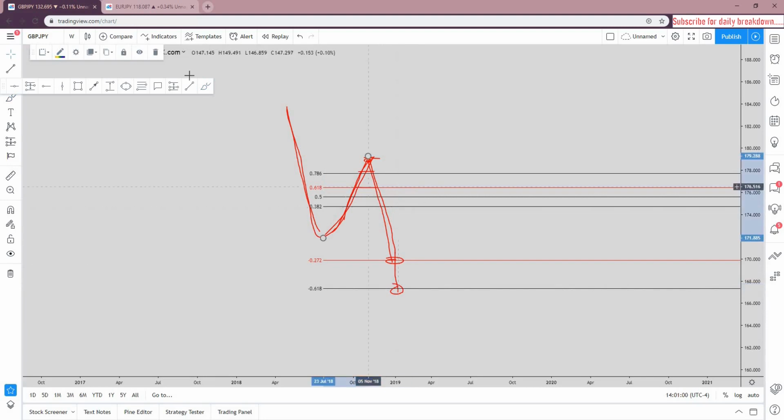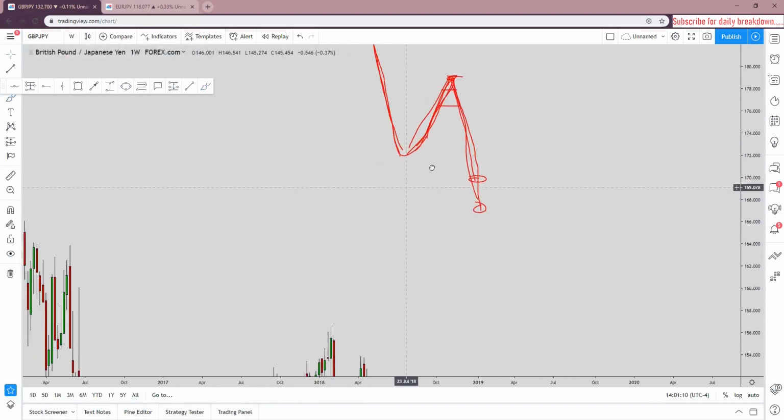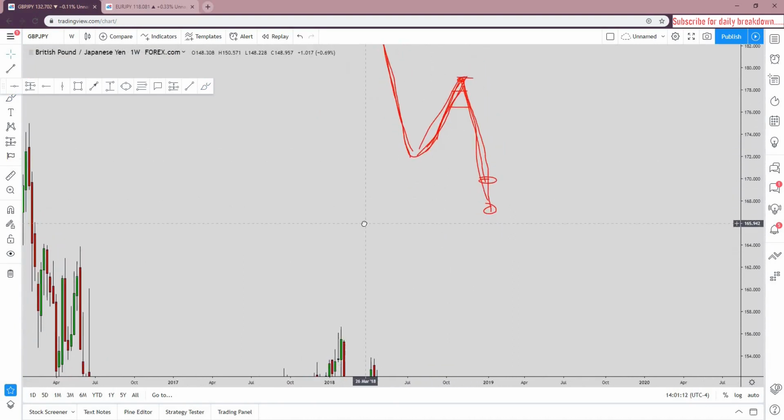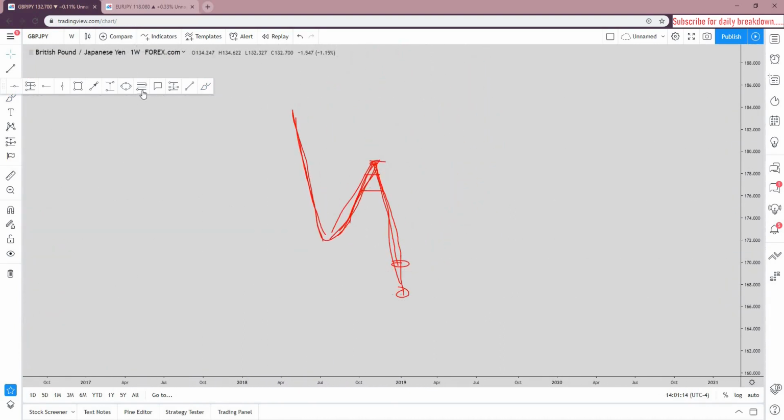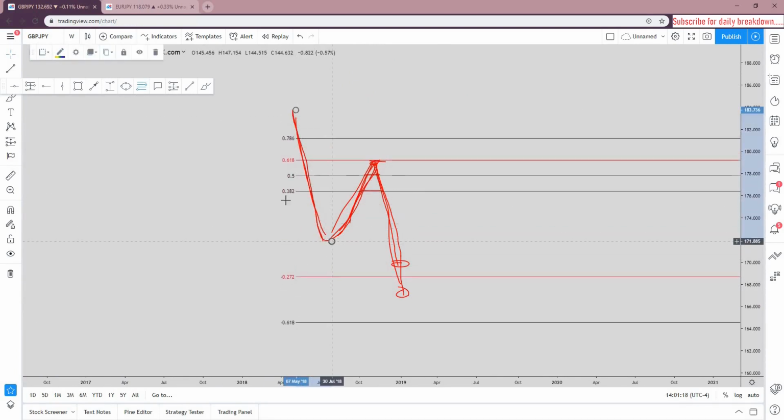So again, I repeat, if we want information on the retracement, you need to take it on the impulse. If you want information on the impulse, you need to put it on the retracement. Very simple concept. Now, the question that's supposed to arise immediately to your mind is, how do we know to